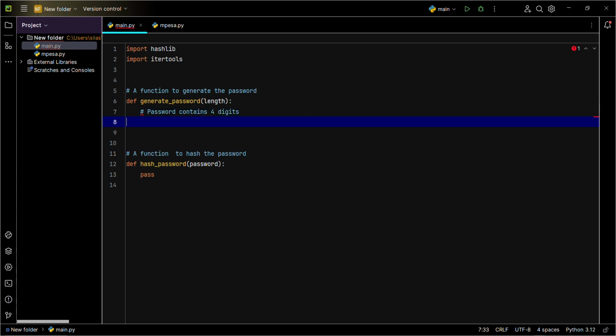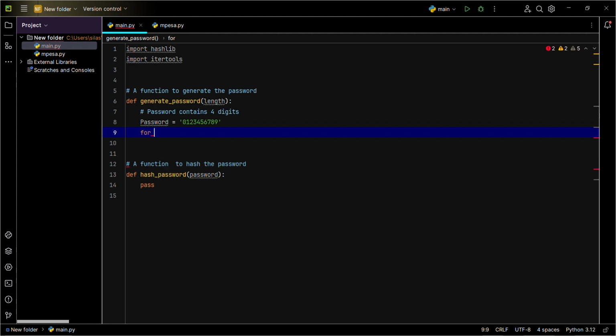So we are going to say password, let's start it with a capital, Password is equal to 0, 1, 2, 3, 4, 5, 6, 7, 8, 9. So we are going to choose 4 digits from these 10 digits. So we're going to say that for password